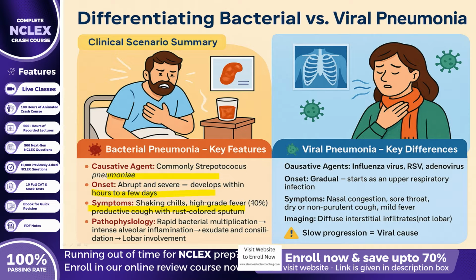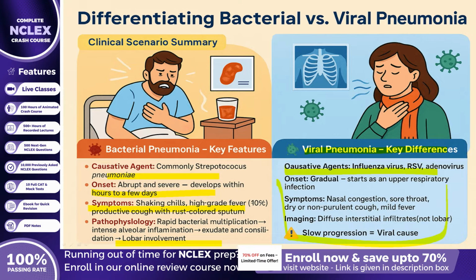The infection typically results in consolidation of one or more lobes, a finding clearly visible on chest X-ray. The incubation period is generally brief, often only several hours to a couple of days. Therefore, a client describing an abrupt onset of chills and productive cough, as in option B, fits perfectly with a bacterial etiology. In contrast, viral pneumonia, often caused by influenza virus, respiratory syncytial virus, or adenovirus, has a slow and